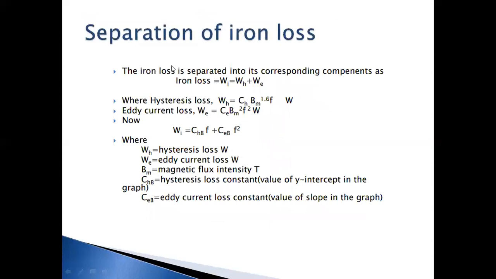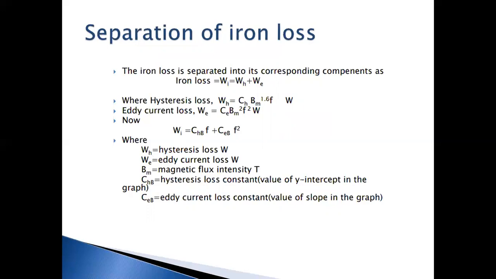So, separation of the iron losses: the iron losses are separated into two corresponding components, that is hysteresis loss and eddy current loss. The hysteresis loss is W suffix H, equal to C_H Bm to the power 1.6 into f watt, and the eddy current loss is W suffix E, equal to C_E Bm square f square watt. So the total loss is written in this way, where W suffix H stands for hysteresis loss